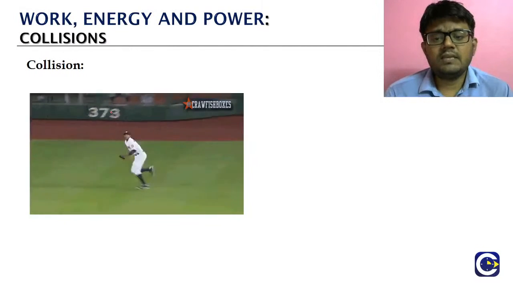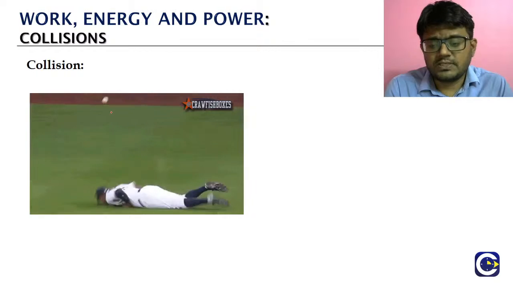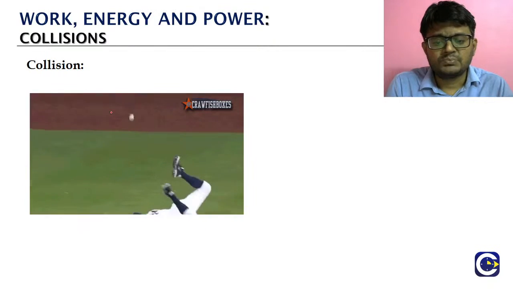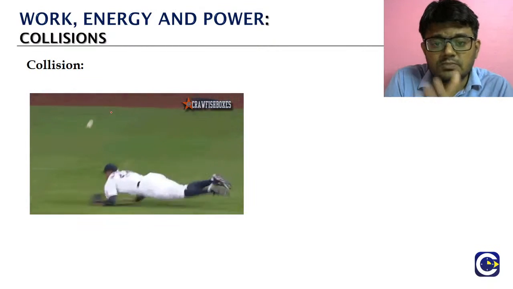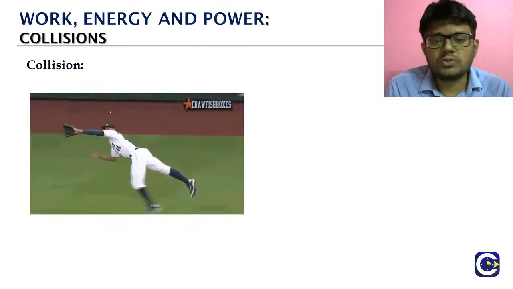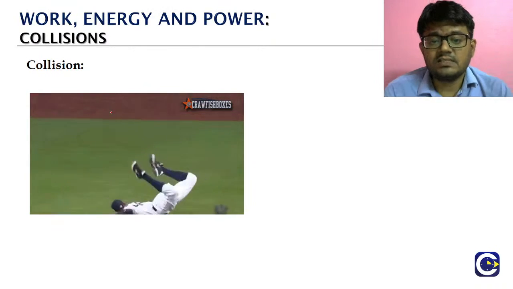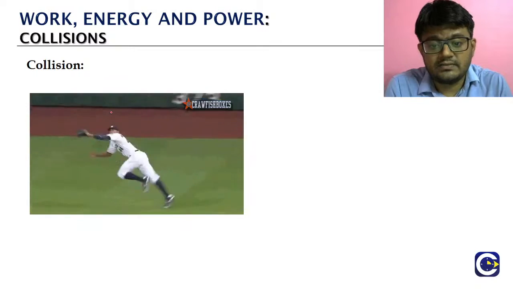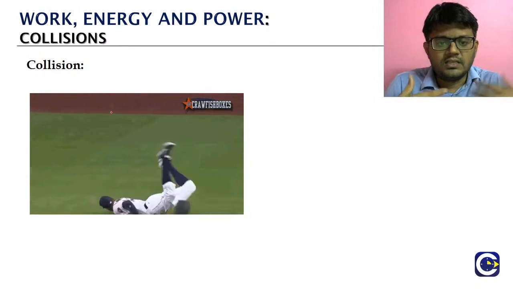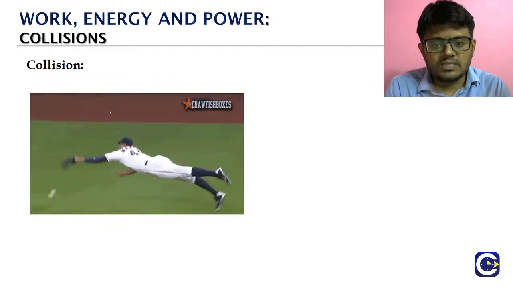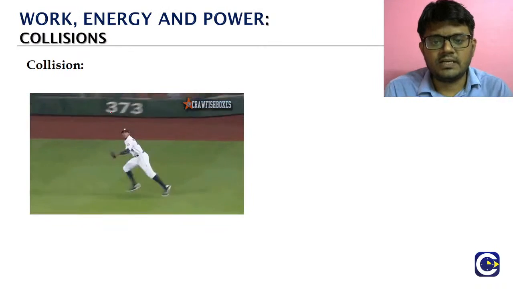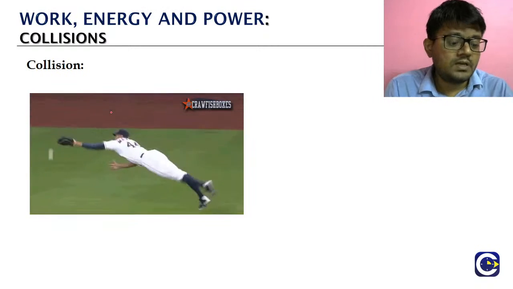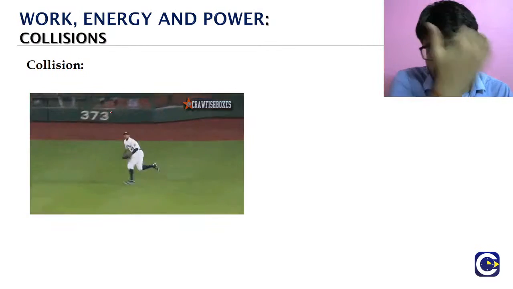Similarly, look at a person playing baseball who is falling onto the ground. When he is falling onto the ground, his body is actually colliding with the ground. So that is also a collision. In the previous case, the planets smash into each other and get completely destroyed, but here that is not happening. After hitting the ground, because of their training, they ensure that not much damage happens to them, and that guy is able to get up and walk almost normally. This is also a collision: the person is colliding with the ground.